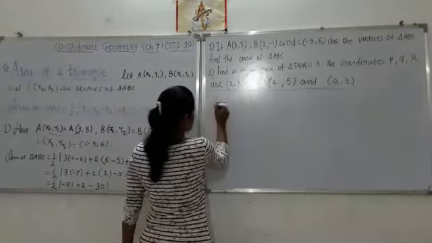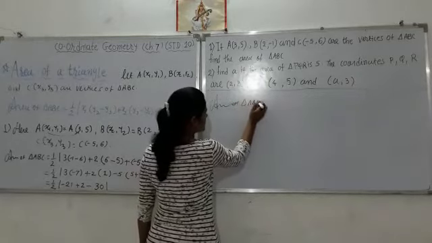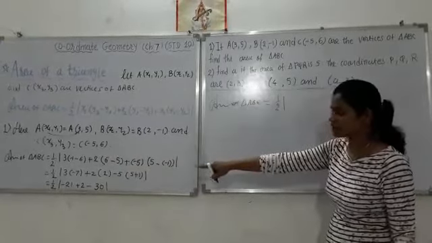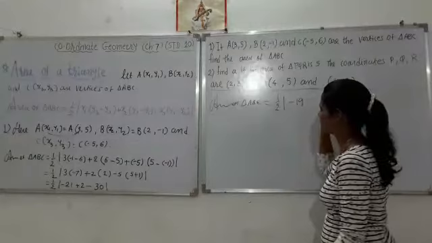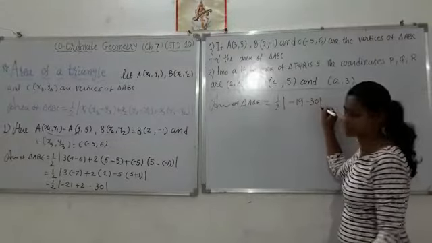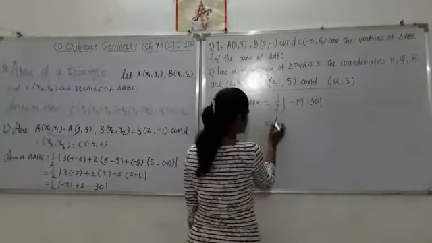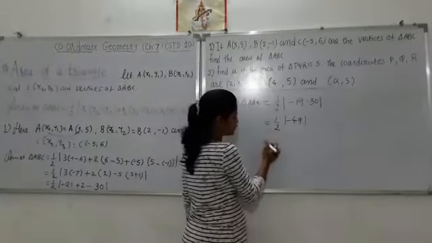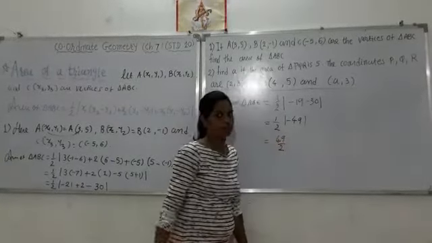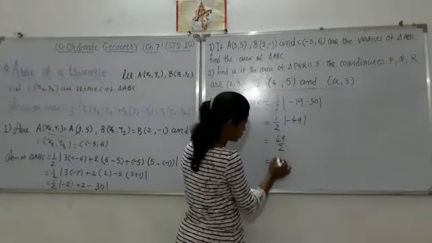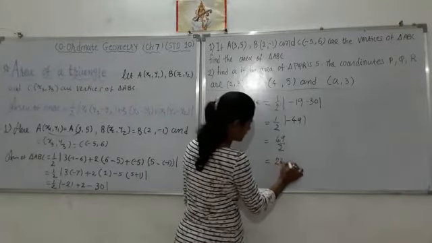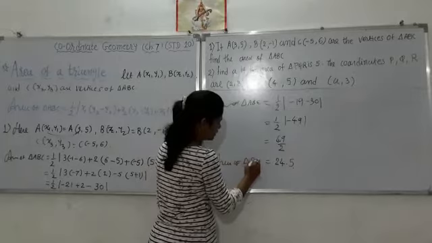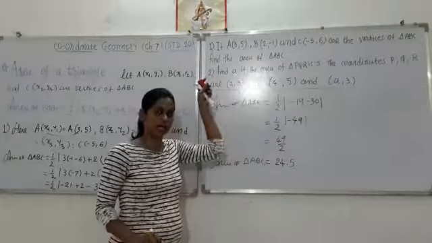Now simplify. So area of triangle ABC is equal to what? Half as it is. Now minus 21 plus 2 becomes minus 19, and this minus 30 as it is. Now simplify this. Minus minus plus, so this becomes 49 and the bigger digit's sign is minus. Now remove this absolute sign, so it becomes 49 by 2. If you want to convert it into a decimal fraction, then 2 twos are 4, 2 fours are 8 and 1 is left, 10. So 2 fives are 10. So this is your answer for the area of triangle ABC when its vertices are given.